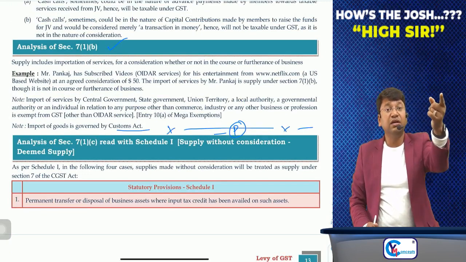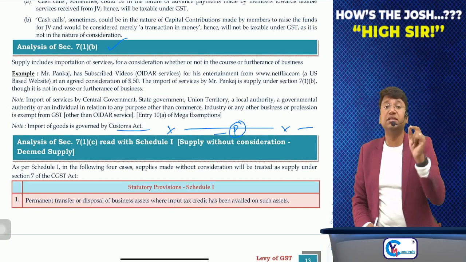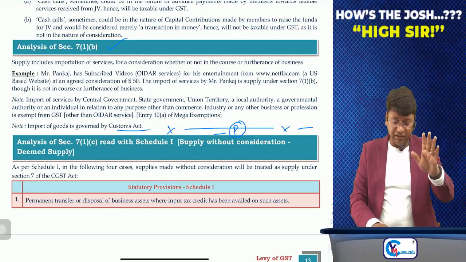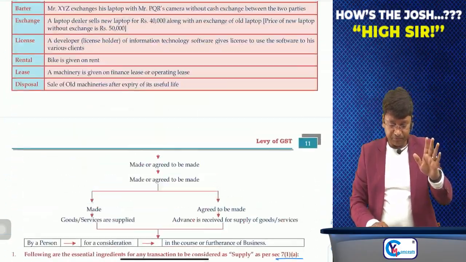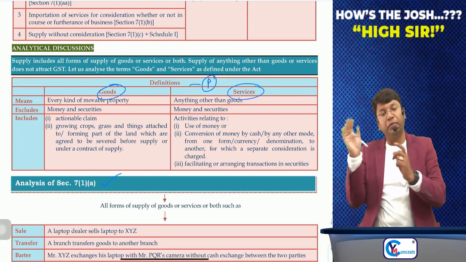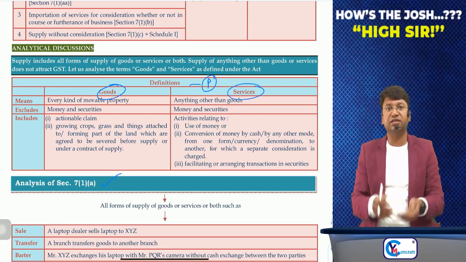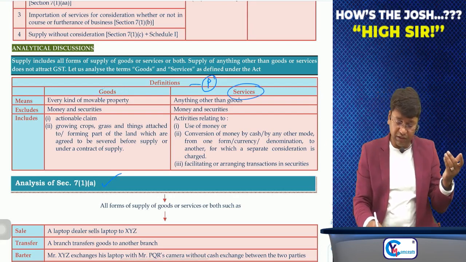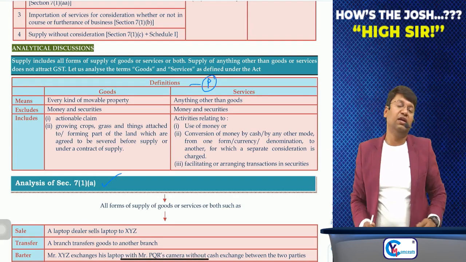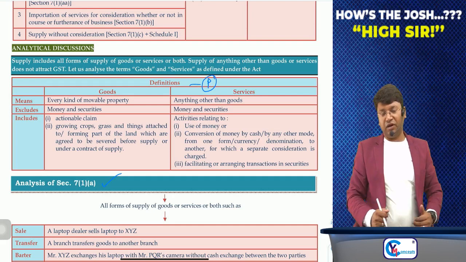And in chapter number 1, at the end of chapter number 1, definitions are given, but you need not refer to those definitions as of now. Just like here, definitions of goods and services are given. When the relevant topic comes, we'll discuss these definitions. So no need to refer to the bare act definitions as of now. We will be covering step by step each and every point which is relevant for our batch.